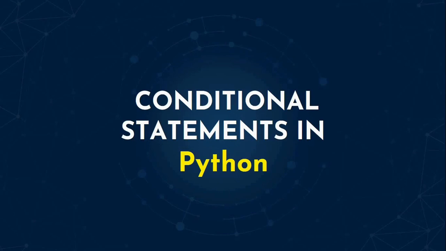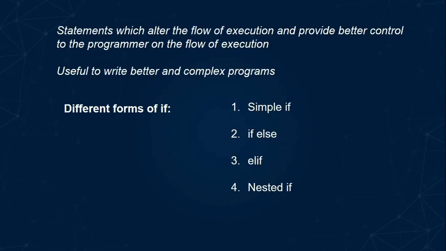So till now we have dealt with some basics of Python programming language, and in this session we will learn how to execute decisions in Python using different conditional statements. Normally codes are executed sequentially in Python, and this happens when there is no condition associated with the particular statement. So if you put some condition for a block of statements, the flow of execution might change, because during that time it is based on the result evaluated by the specific condition given, and this process can be termed as decision making. In Python we use different forms of if statements for decision making, and they are simple if, if else,